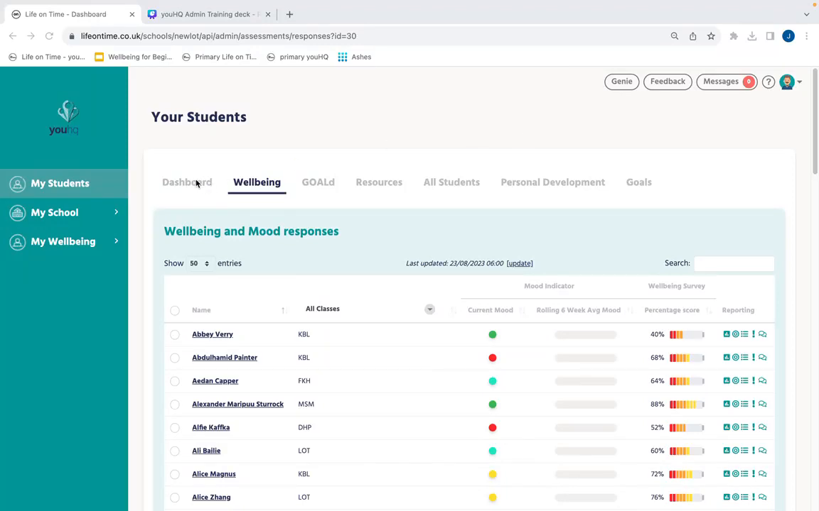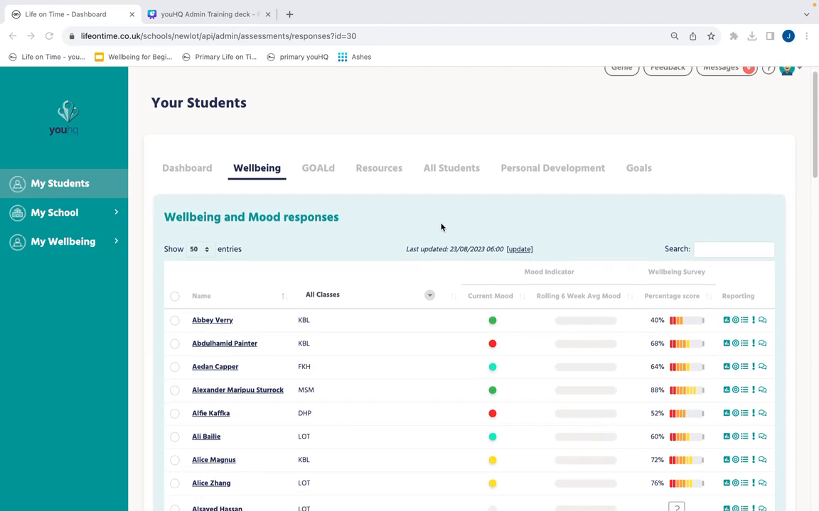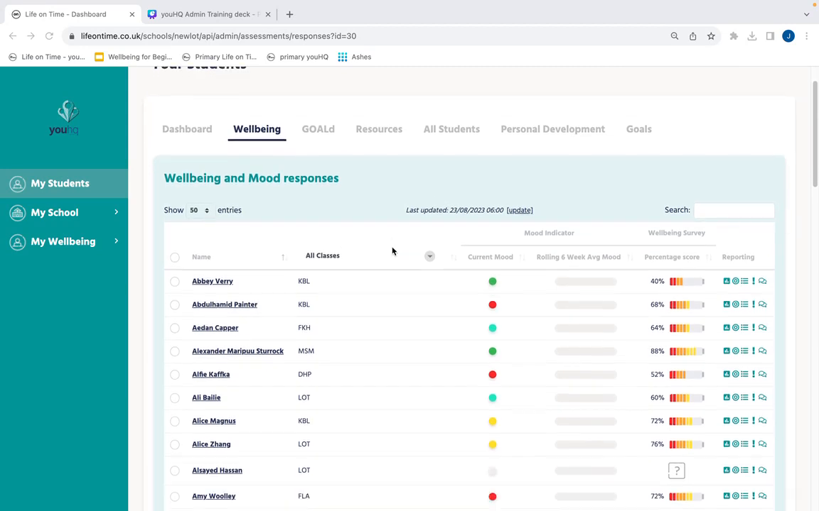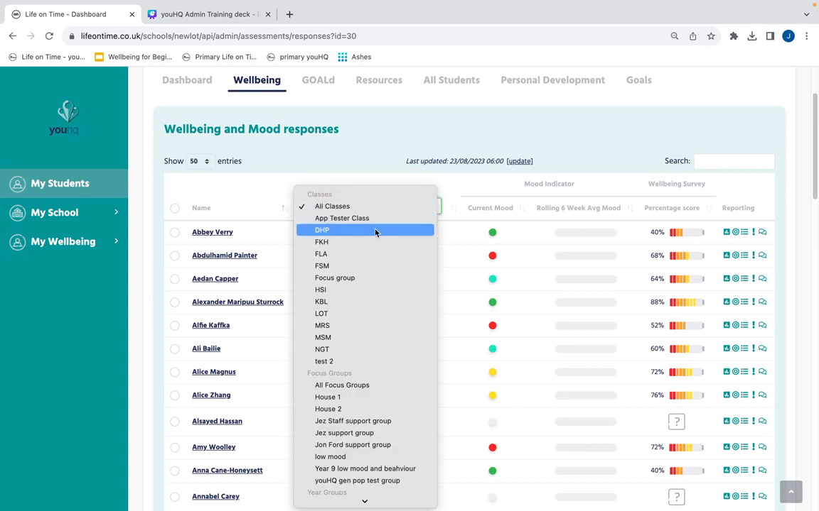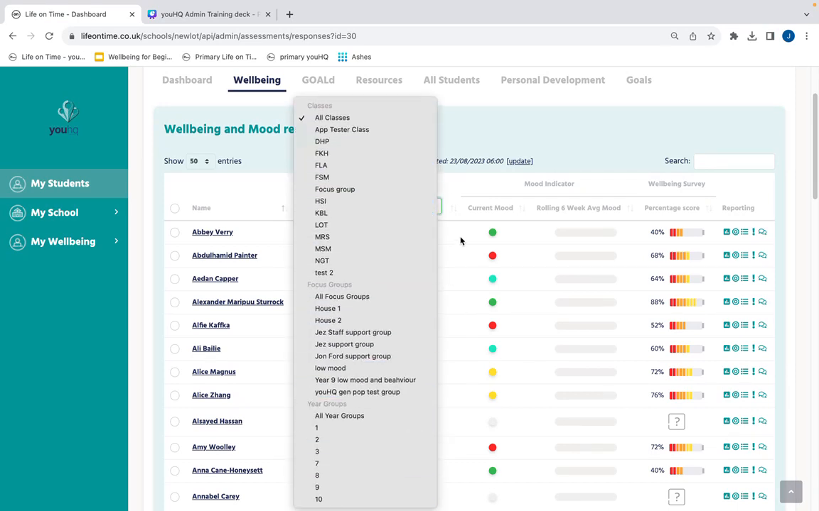Along with the dashboard tab, the Wellbeing tab is perhaps the most important area for you to look at, especially from a pastoral point of view. As an administrator, depending on the access that you've been given and the students you can see, you'll either see all the students here and you'll be able to drop down and drill down into different classes, focus groups, year groups and so on,